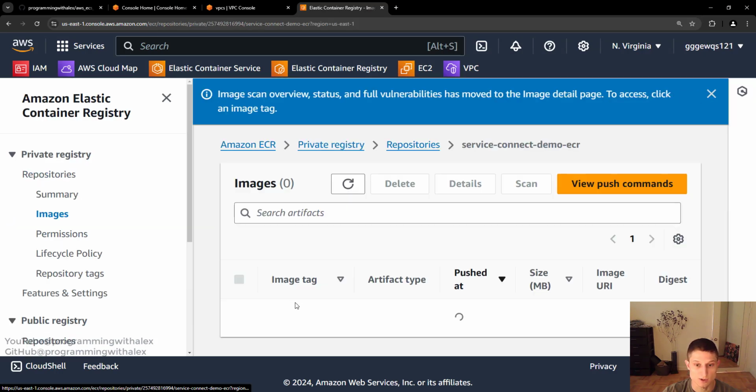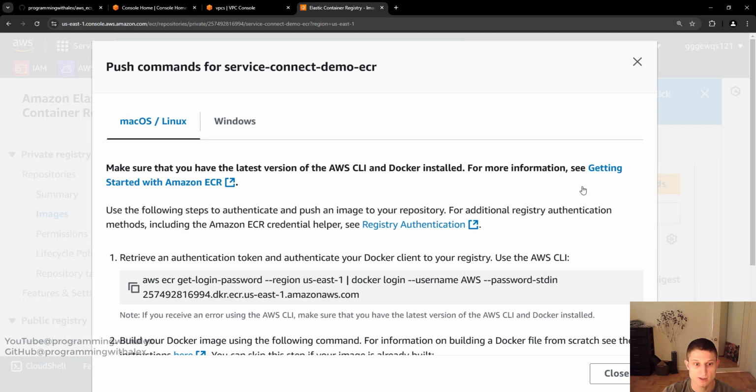Great, now let's push our Docker image. So view push commands. Now make sure you first have the AWS CLI installed and Docker Desktop installed. You also need to make sure Docker Desktop is currently running. The CLI is to log in and push the images. Docker Desktop is needed to actually build the images on your desktop. So once you have that,